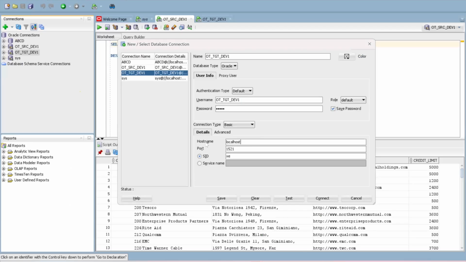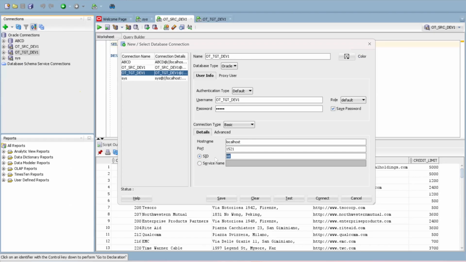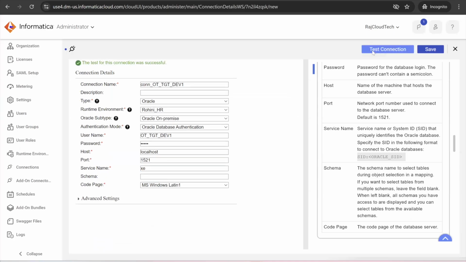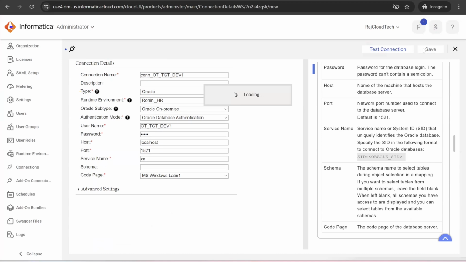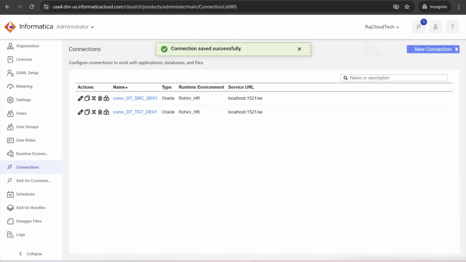The host name is localhost. Paste it here. Port is already there. Service name is nothing but SID. Then here, test connection. That's it. Save. So now my source and target connections both are created. Now we are ready to do the mapping.